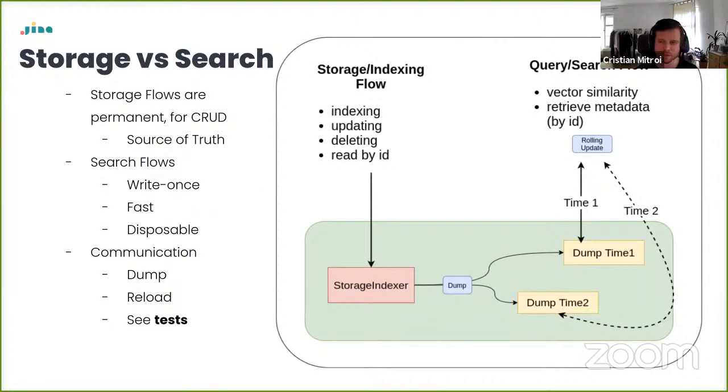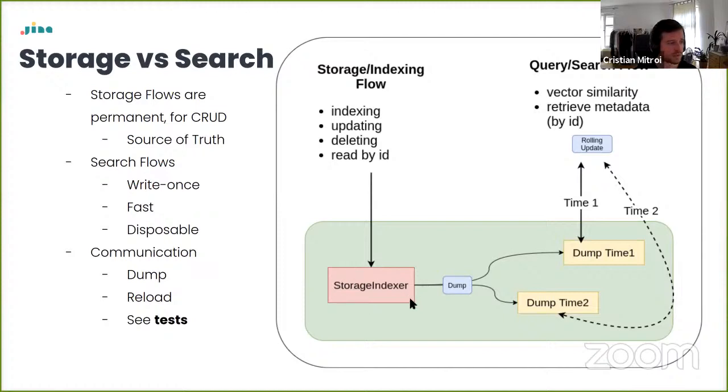This is a bit more advanced, but don't get too intimidated. A specific type of executor is the indexer. The indexer takes care of storing your data, but also searching your data. And let's first go to the top level view. What do we care about when we store/index versus when we query or search? Well, when we store, we want to make sure that we can access these types of operations. We can index, we can write, we can update, we can delete, and we can read. So we have the CRUD operations. And this will be your source of truth for your data.